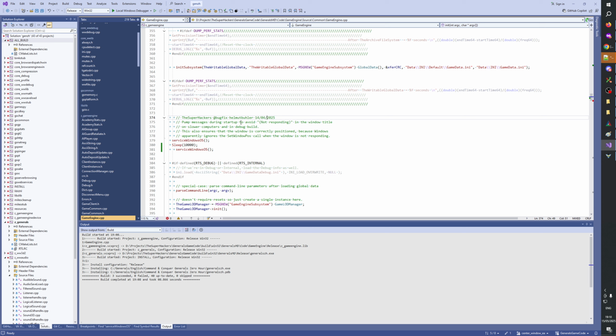Pump messages during startup to guarantee